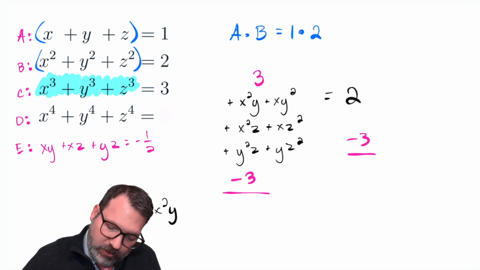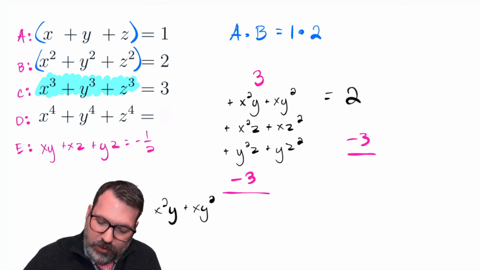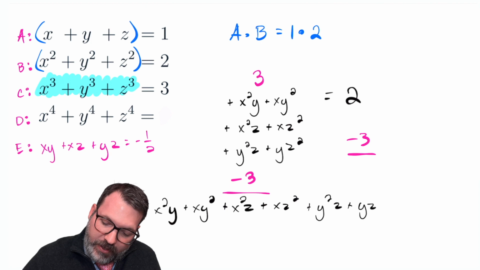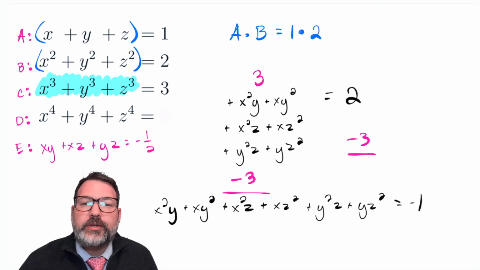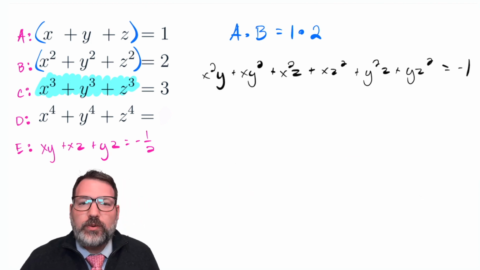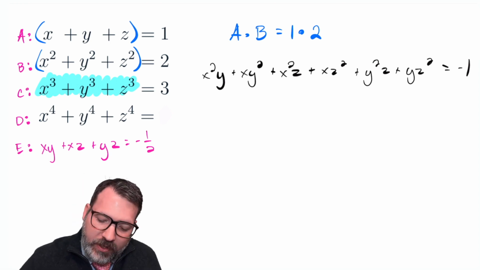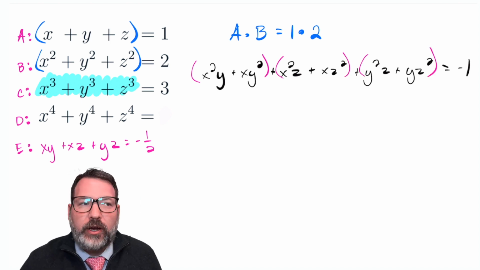get that x squared y plus xy squared plus x squared z plus xz squared plus y squared z plus yz squared is all equal to -1. Again, similarly to what we already did on the simpler problem, I'm going to try and do some clever factoring now. In this case, I'm going to group 2 pairs of terms at a time, terms that share 2 variables